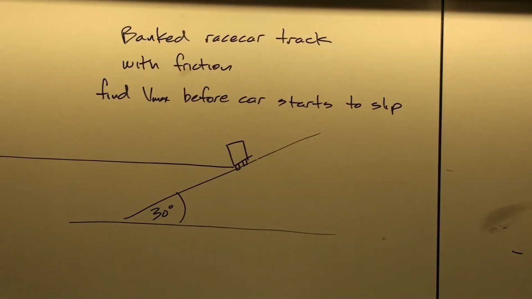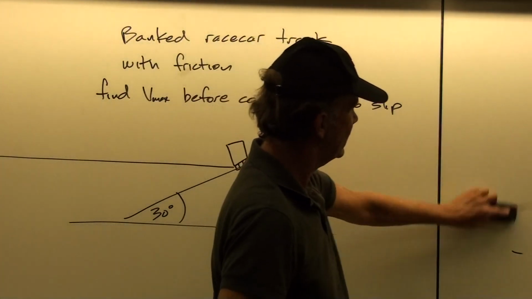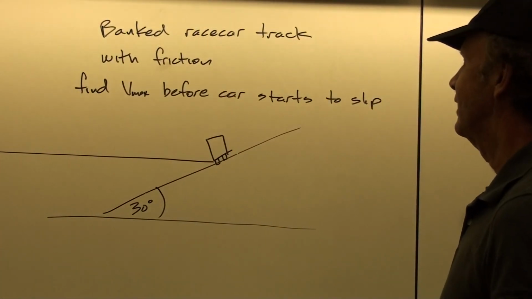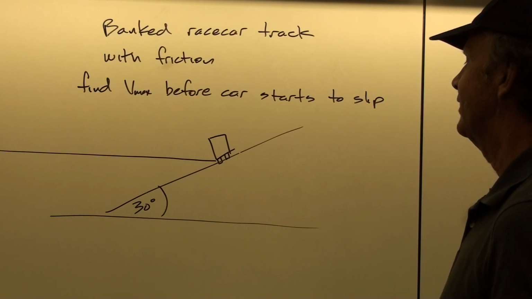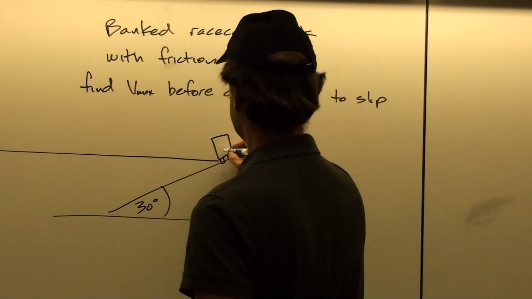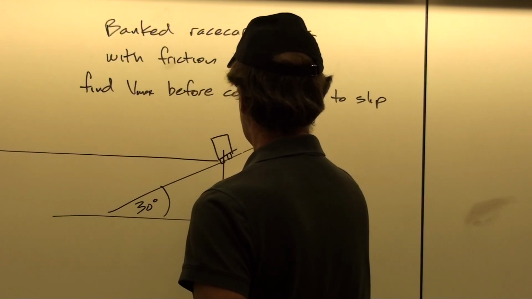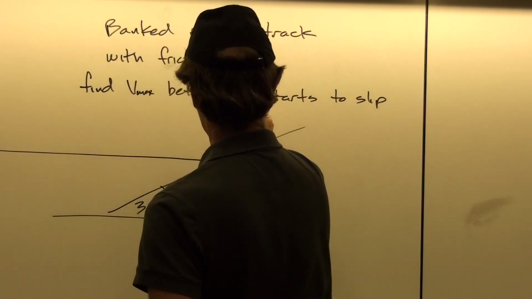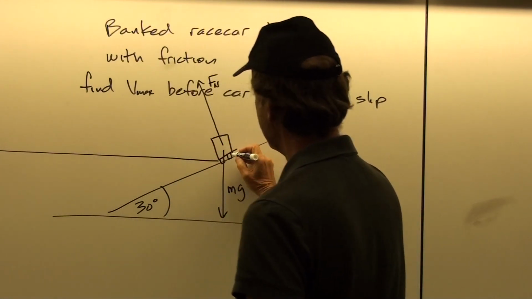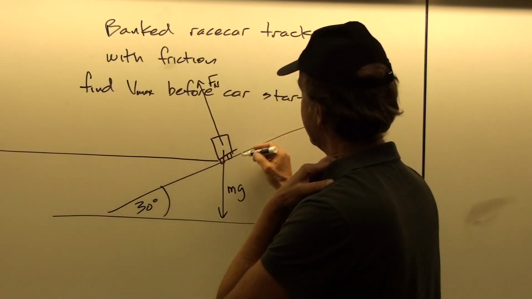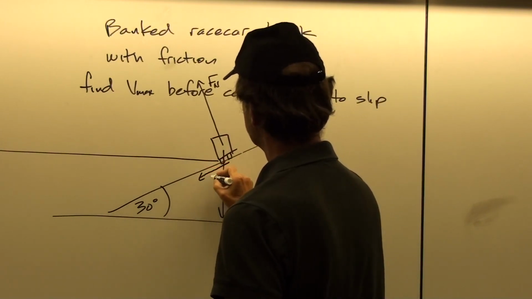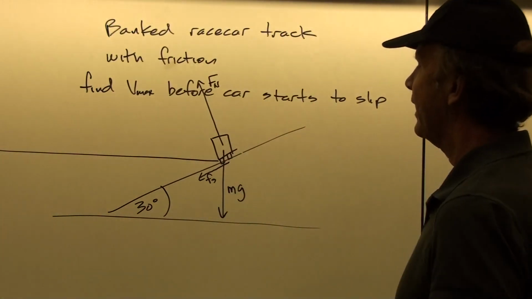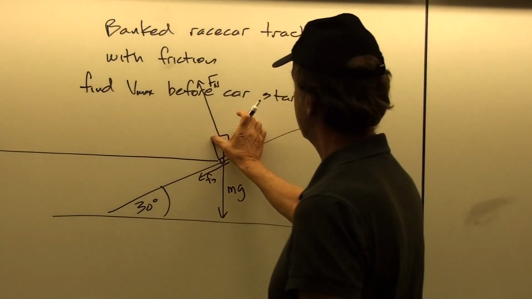Okay, now I'm going to set this up for you, but I'm not going to completely solve it because you have a little exercise in which you will be doing this and showing me how well you understand this material. All right, but let's look at it. Here we've got the forces that I was referring to before, mg and F normal. But now, because if we go too fast, this thing is going to tend to want to slide up the incline. We also have the static friction force, which is going to oppose that motion as the mass starts to slide up the incline.